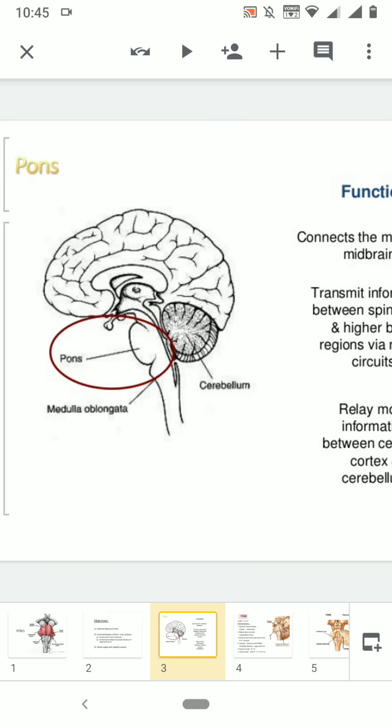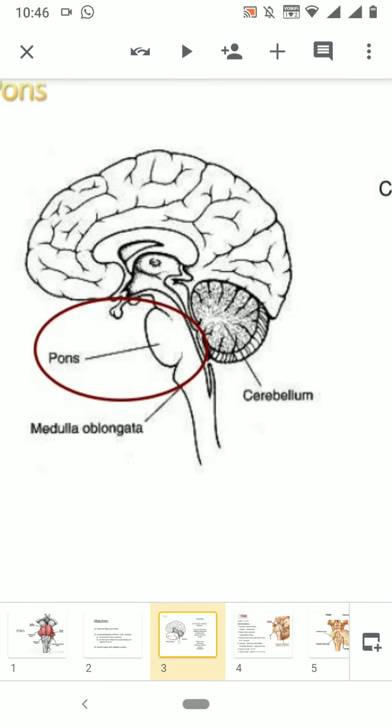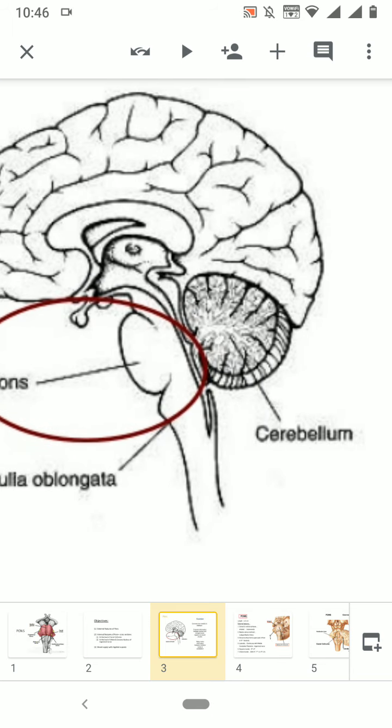Okay, let's see the sagittal section. In the sagittal section, you can see over here I have circled out in red color the pons in the middle, and you have the pons and medulla oblongata, and behind the pons and medulla oblongata you have the cerebellum, and between the pons and medulla oblongata and the cerebellum there is a cavity which is the fourth ventricle. So the ventral surface of the pons is facing ventrally or anteriorly, and the dorsal surface of the pons, the lower part of the pons, forms the floor of the fourth ventricle.